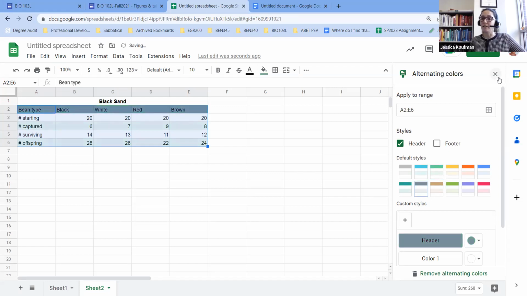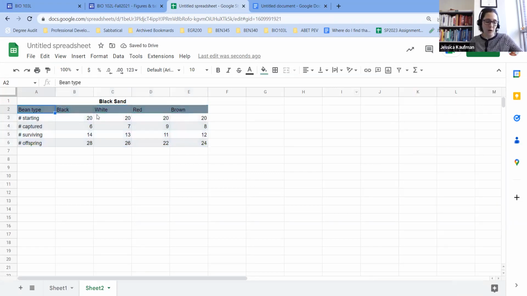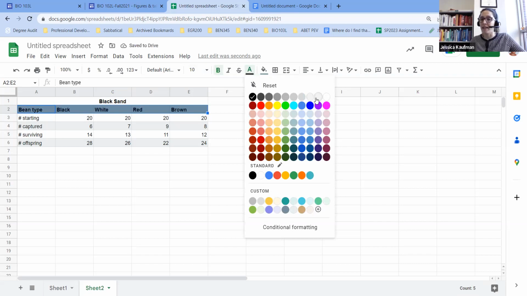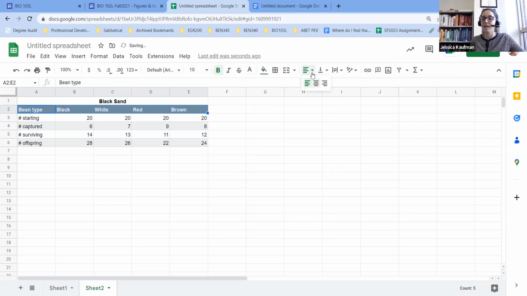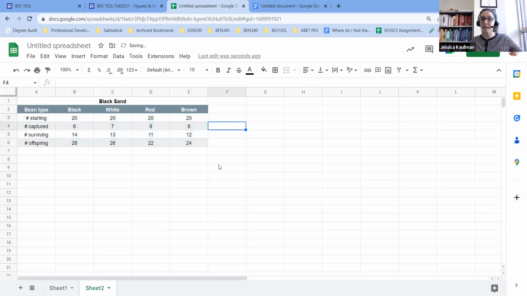And if you pick a color that has a very dark header, you want to make sure that you change the text. So I'm going to highlight the text and make it bold and a light color. I like to use light gray. Now we're ready to do some formatting. We can make it so that each of these labels is centered. Each of the counts are centered. And it looks pretty good. It's very readable and a lot easier to follow along between captured or surviving and see what each of the